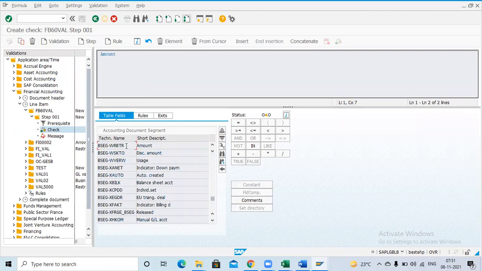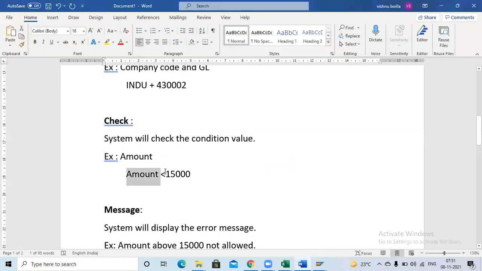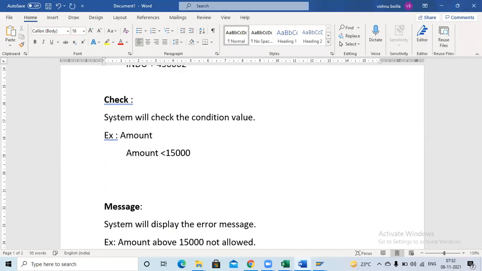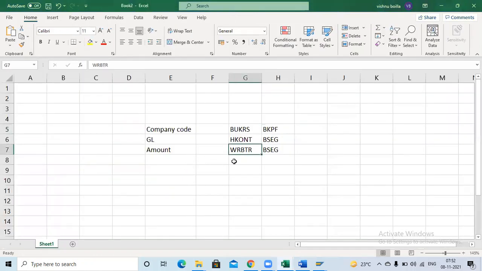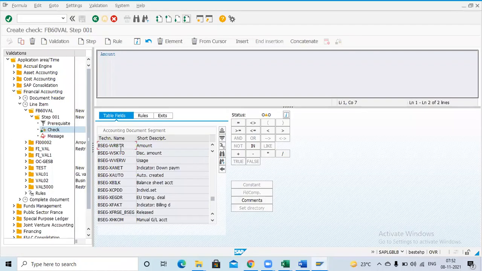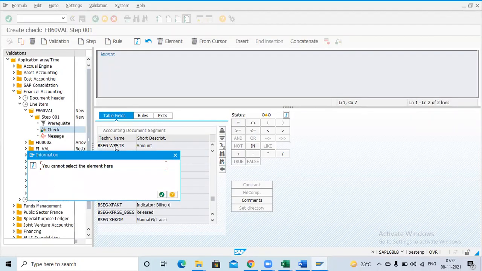There is WRBTR. So this is my condition. So go to, just double click.